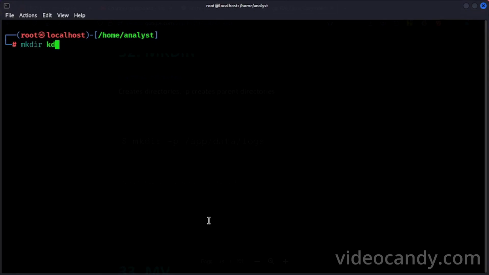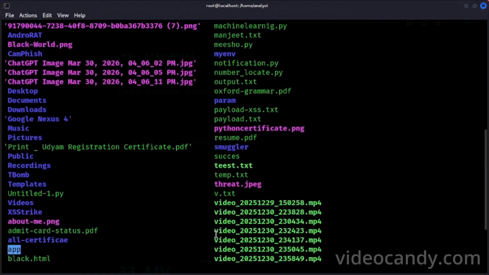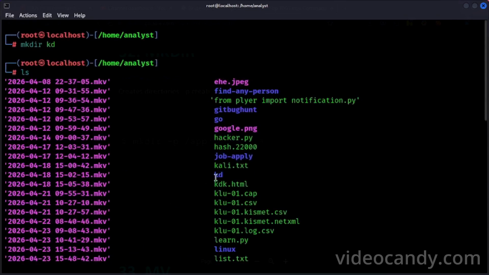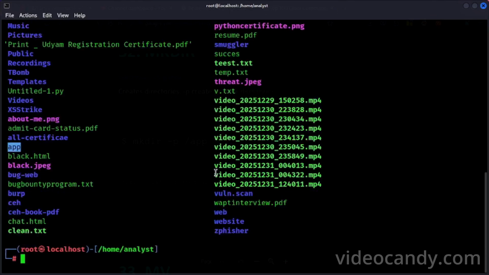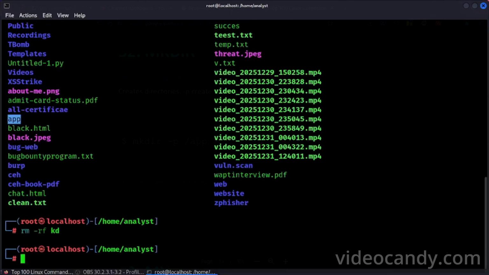I want to make kd. ls, and here you can see kd. I made a kd directory, and here is kd. Okay, we will delete it.